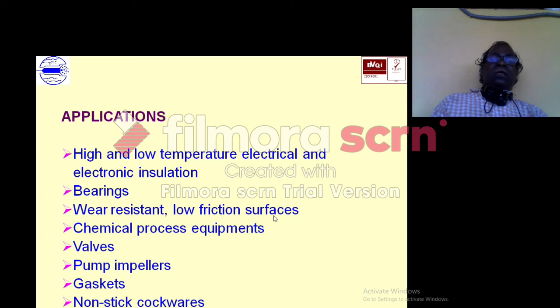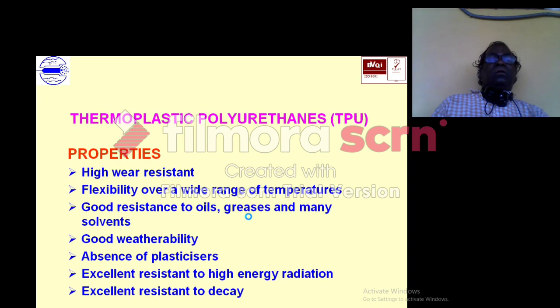And it has excellent temperature resistance as well as electrical properties. So TPU is a thermoplastic polyurethane. This TPU is a thermoplastic and has main properties like high wear resistance, good weatherability, and in the absence of plasticizer, it will become very flexible.